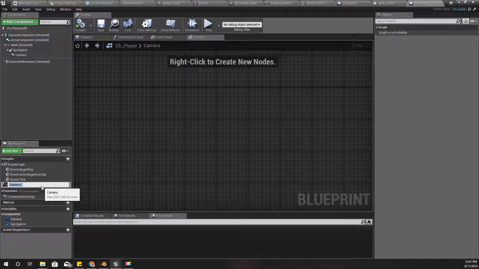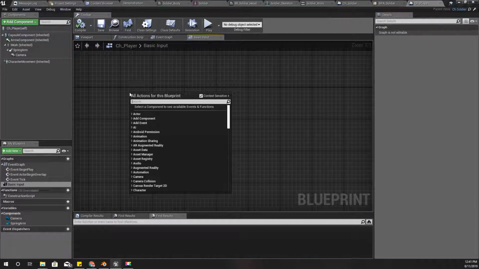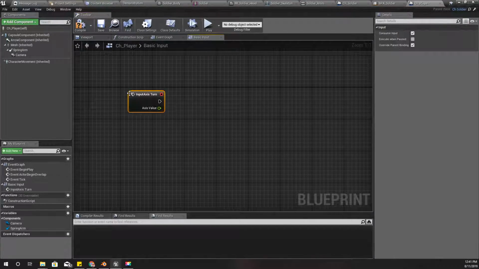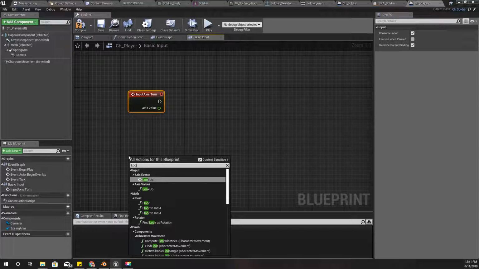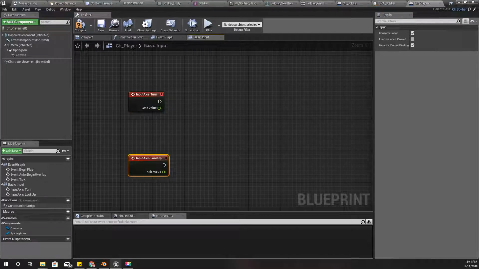No, this should be basic input. Right, so turn, get the turn axis and the look up axis,